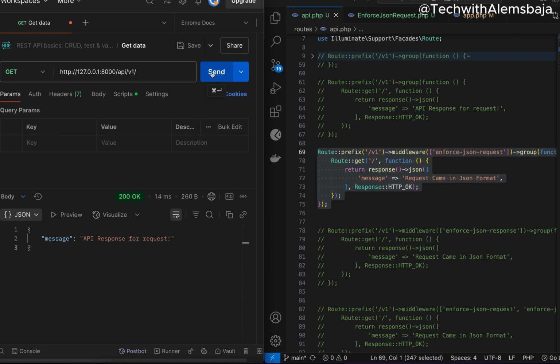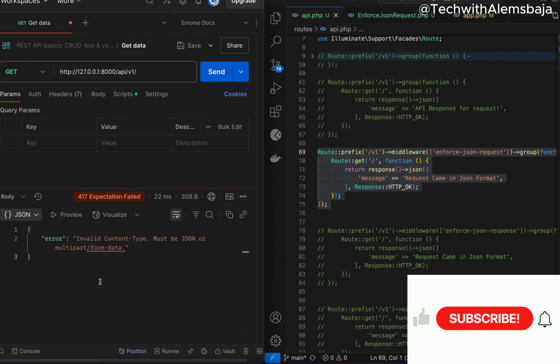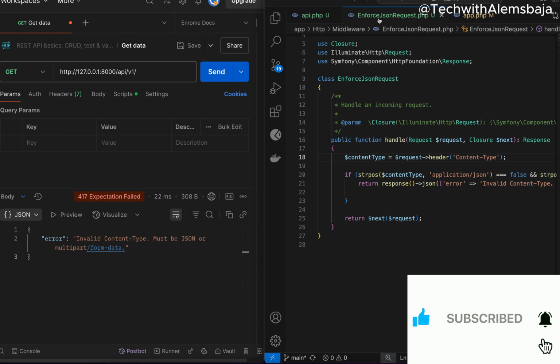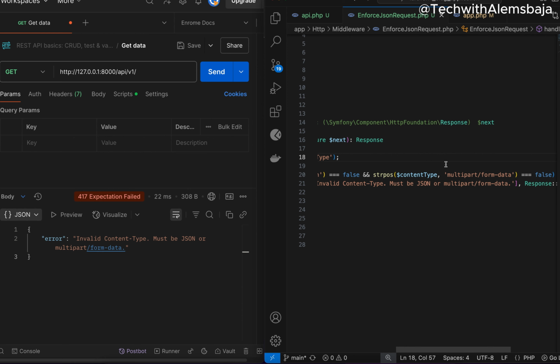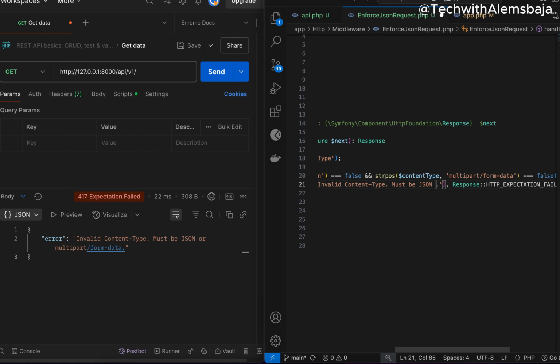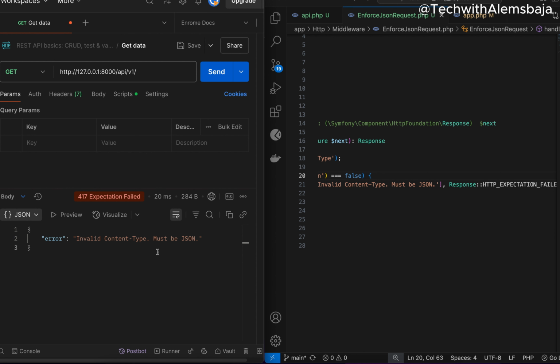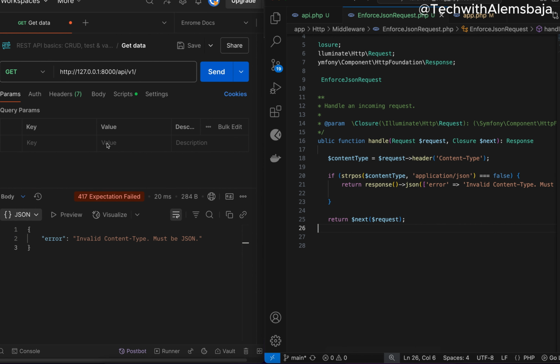So let's try to make a request. This is an API tool; it could be any API tool you have out there on the internet. When you make a request, it says invalid content type, must be JSON or multipart form data. Let me go back to the EnforceJson middleware and put "must be JSON". Let me show you something. Let's take this out and make a request again. It says must be JSON. You see that now? If the request coming into the Laravel application is not in JSON format,